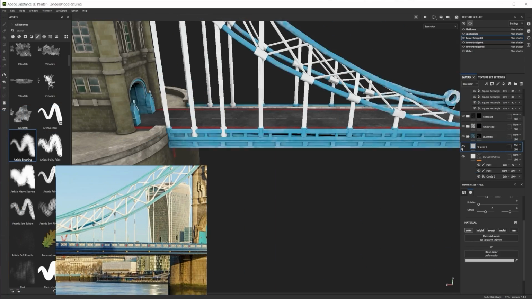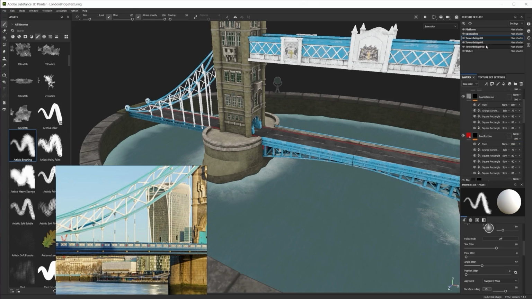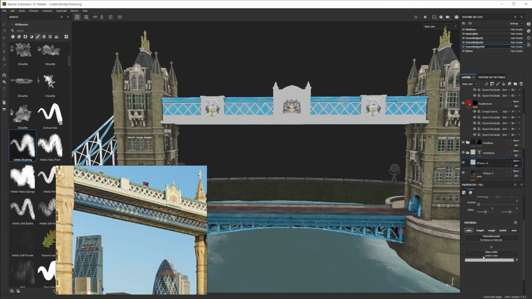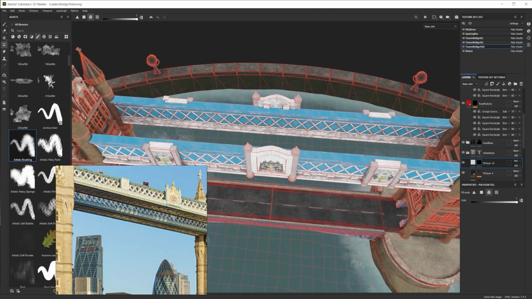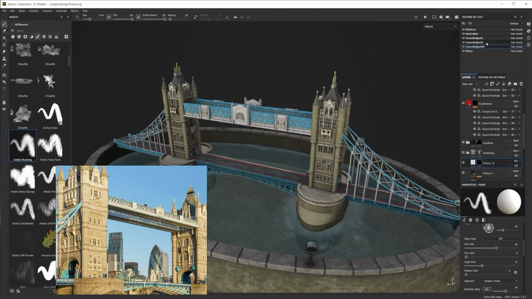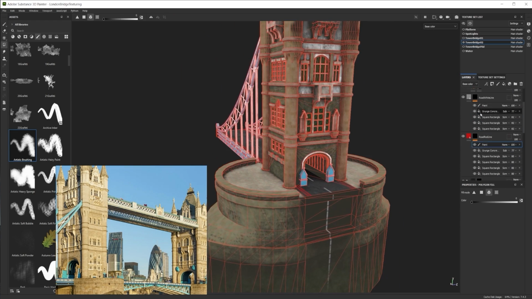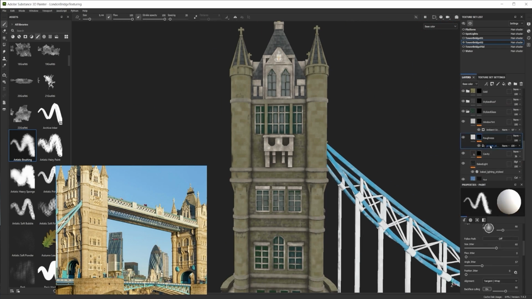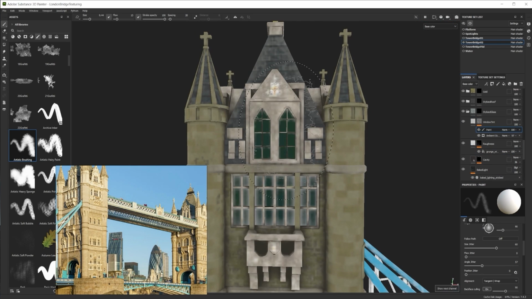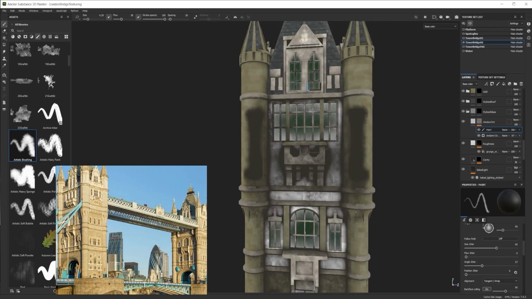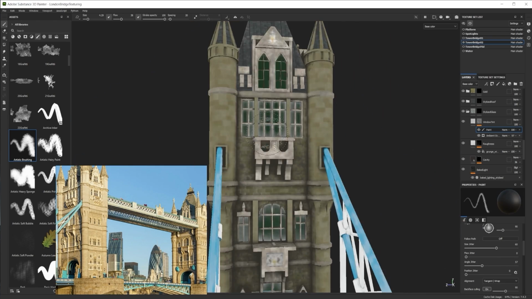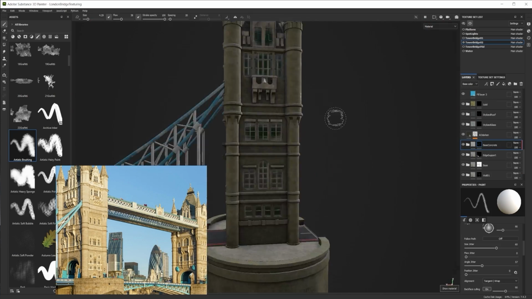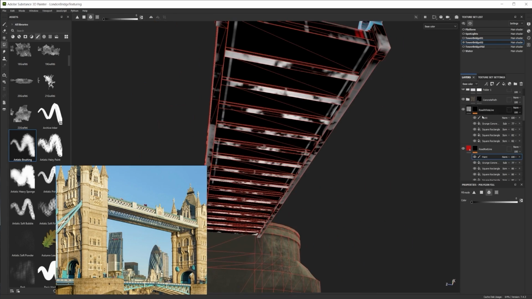And while doing that, I realized that going back to the projection of the road, we encountered a couple of issues. The downside of using the projection mask is that you need to be very careful in regards to how you're projecting it, because I was doing it from the top all the way down, in a vertical motion. It was applying everything, not only for the top road section, it was also applying that projection onto our entire bridge, onto the base as well, and it just ends up bleeding out that alpha mask. So we gotta make sure we mask it out afterwards and make sure it doesn't give us any nasty result. But yeah, once we're done with that,